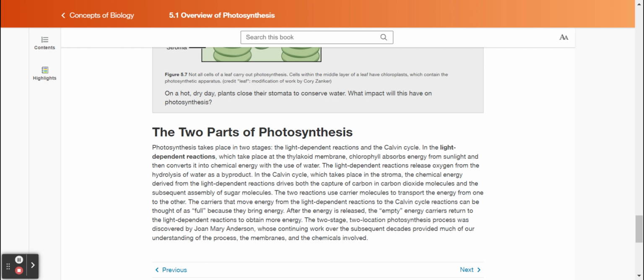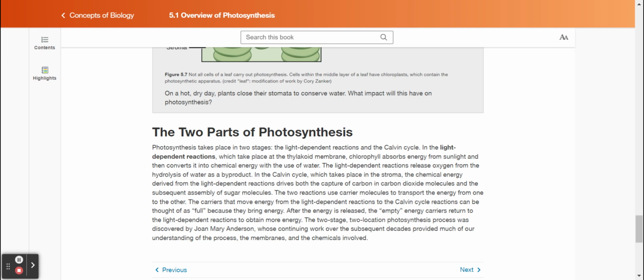In the Calvin cycle, which takes place in the stroma, the chemical energy derived from the light-dependent reactions drives both the capture of carbon in carbon dioxide molecules and the subsequent assembly of sugar molecules. The two reactions use carrier molecules to transport the energy from one to the other. The carriers that move energy from the light-dependent reactions to the Calvin cycle reactions can be thought of as full because they bring energy. After the energy is released, the empty energy carriers return to the light-dependent reactions to obtain